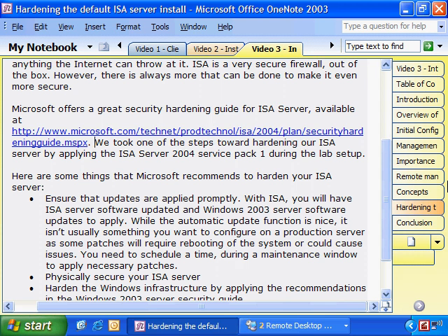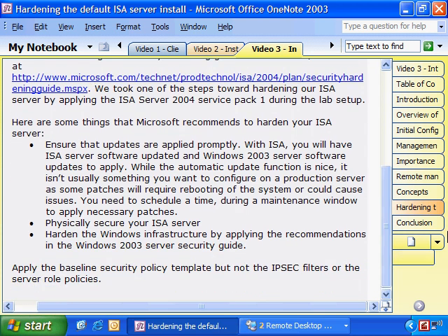Another thing you can do is physically secure your ISA server. So put it in a locked room or a data center with security cameras and card key access. So you want to physically secure that server to make sure someone doesn't get to the console so that they could potentially make changes. You can harden the Windows infrastructure by applying the recommendations in the Windows 2003 Server Security